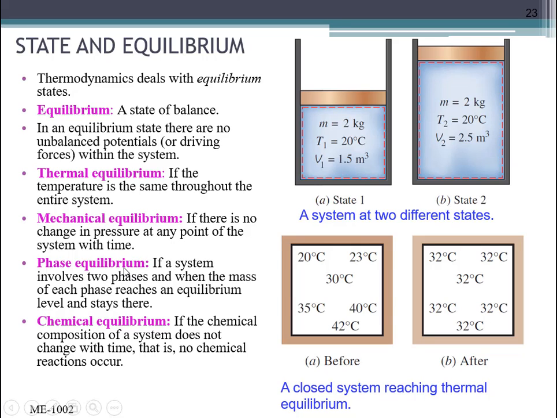फेज इक्विलिब्रियम का मतलब ये होता है कि अगर आपके पास किसी सिस्टम का कोई एक फेज है, फॉर इंस्टेंस लिक्विड है, गैस है या सॉलिड है, तो वो उसी फेज में रहे, तब्दील ना हो, तो हम उसे कहते हैं फेज इक्विलिब्रियम। केमिकल इक्विलिब्रियम इट मीन्स कि देयर आर नो केमिकल रिएक्शंस गोइंग ऑन इन द प्रोसेस इन द सिस्टम।